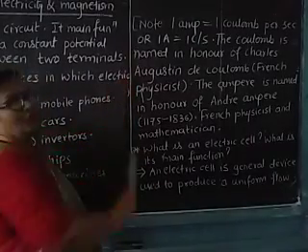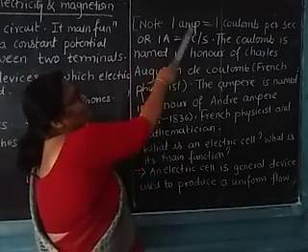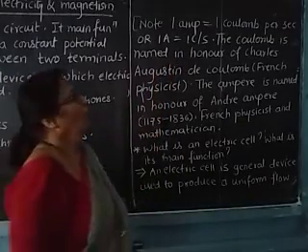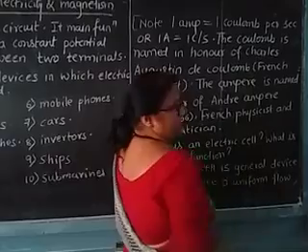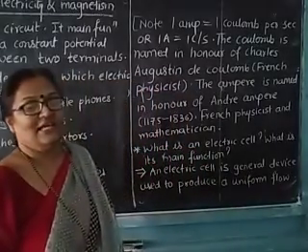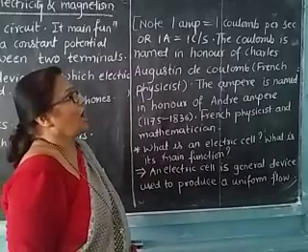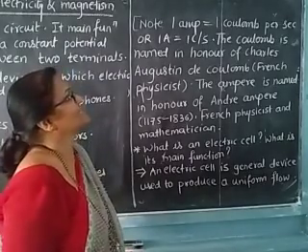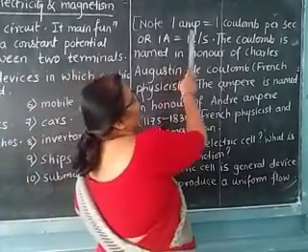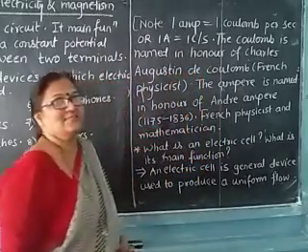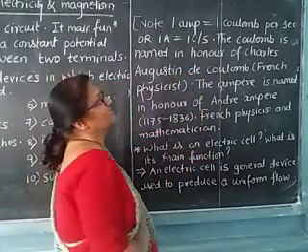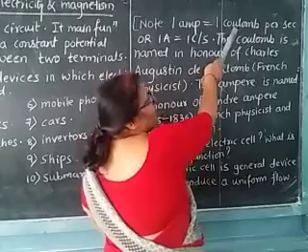Here is one note for you. 1 ampere is equal to 1 coulomb per second. That we have seen. Electric current is equal to electric charge upon time, that is nothing but 1 ampere. The electric current is measured in amperes. We have seen what it is equal to, 1 coulomb.